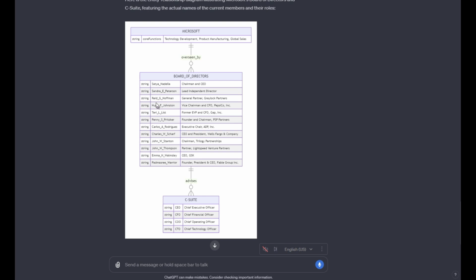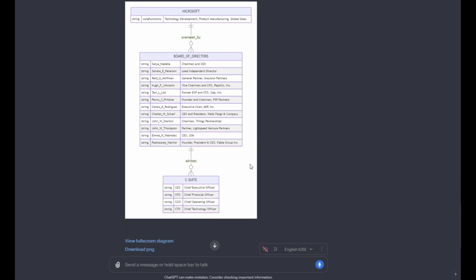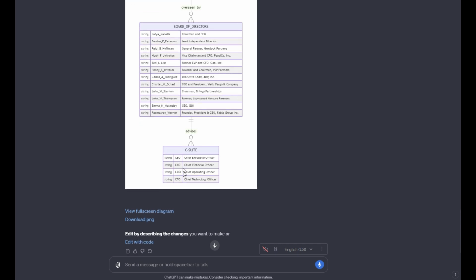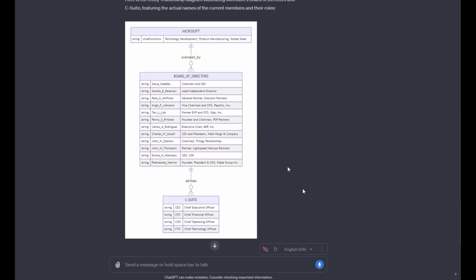But now we have all these people's names, board of directors, and then we have Microsoft, and then we have this breakdown here. So it's the board of directors, all these different positions, and I think that this is interesting. The board of directors and the C-suite. It doesn't name the C-suite, but what I'm going to do is I'm going to ask it to get more